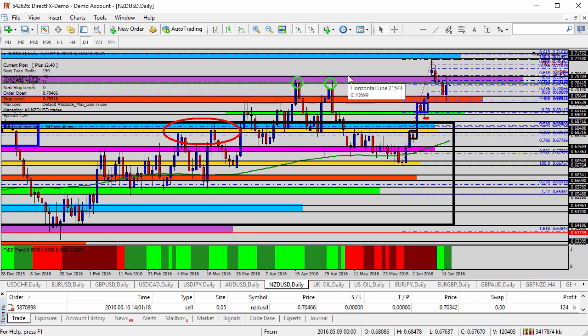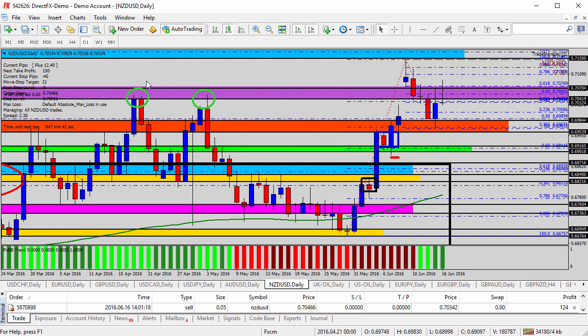But we come in, let's zoom it in here a little bit. You take a look back here on the left, you see these two green circles. We actually studied those yesterday in the trade room, noting the fact that the market found resistance here and here. What we were looking for was resistance first, and then an influx of sell orders coming into the market. And we look at price action to determine that. A big spike at the top of a smaller bodied candle gives us a clue that the sellers have come back into the market.